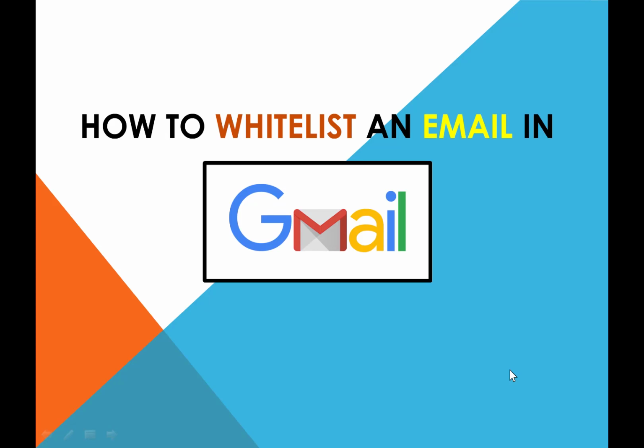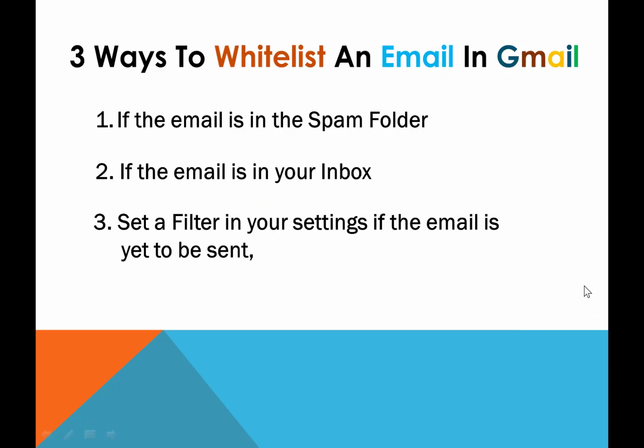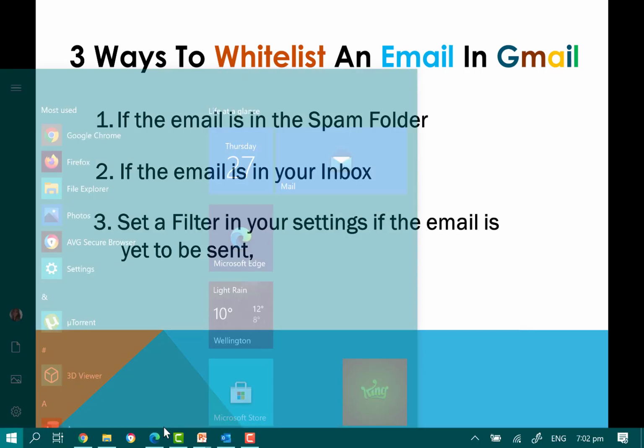So we're now here inside my computer and I'm going to show you how to whitelist an email in Gmail in 3 ways. Now the first way is if the email is in the spam folder. The second way is if the email is in your inbox. And the third way is how to set a filter in your settings if the email is yet to be sent. Now let's go to our Gmail